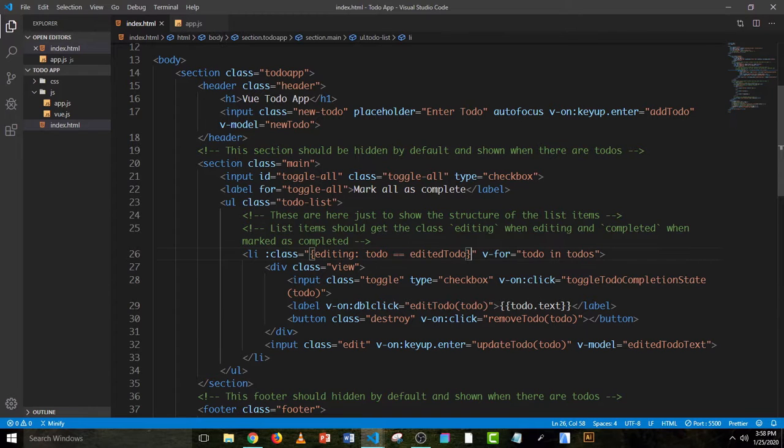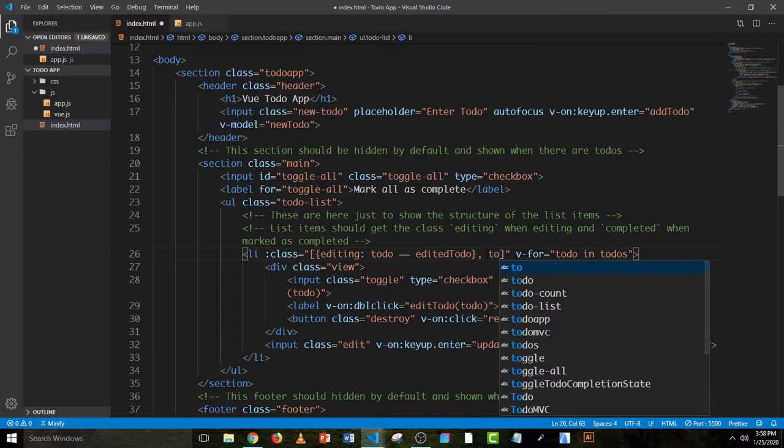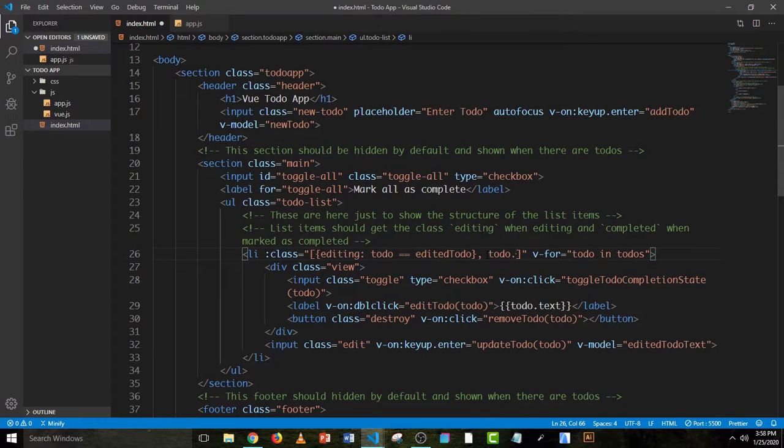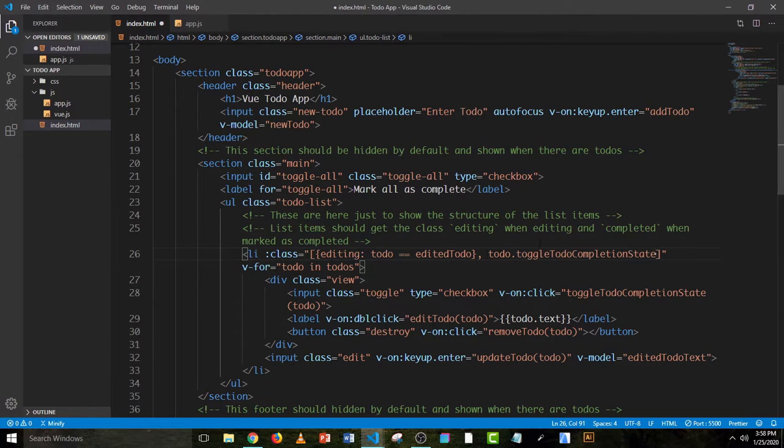Then over here we also want to have a class of completed, but since we already have this editing class, we can just pass in the two values using an array. So we are going to have an array with our first class and then a comma. Then the next class is going to be to-do completion state. So this is what we want. So let's save all this,